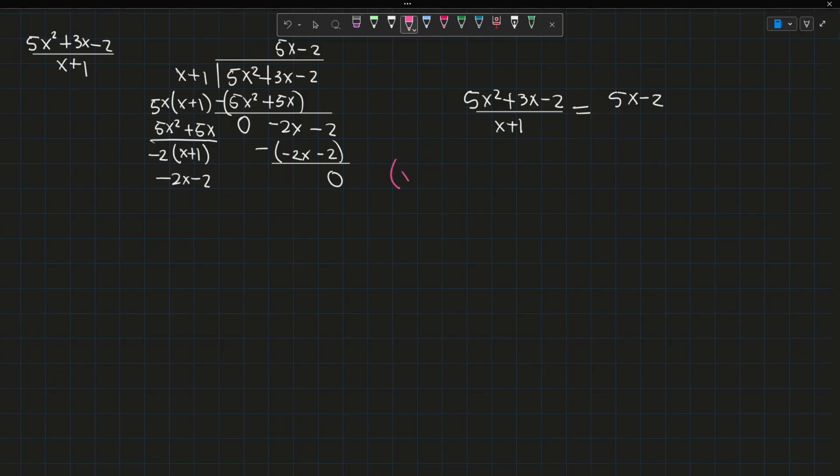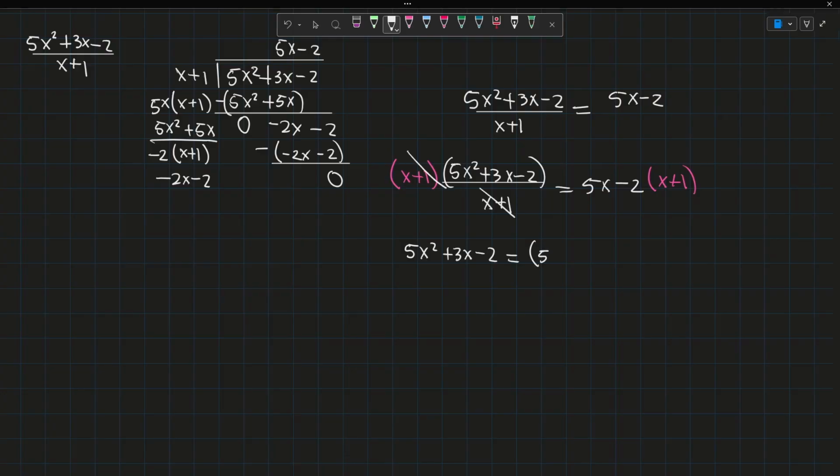So let me write it in big terms. I can multiply this out: (5x² + 3x − 2)(x + 1) = 5x² + (x + 1), and of course I'm going to multiply this side by x + 1. Now look, this cancels with this term, which is great, and we're left with 5x² + 3x − 2 equal to 5x². I didn't write the parentheses here, but you could write them if you want,